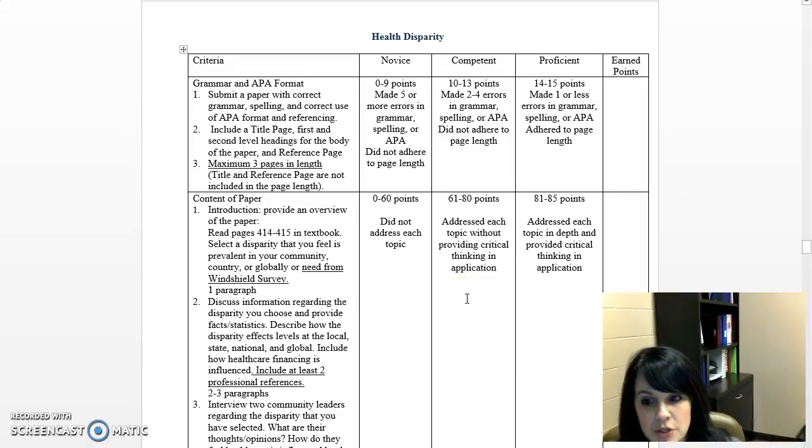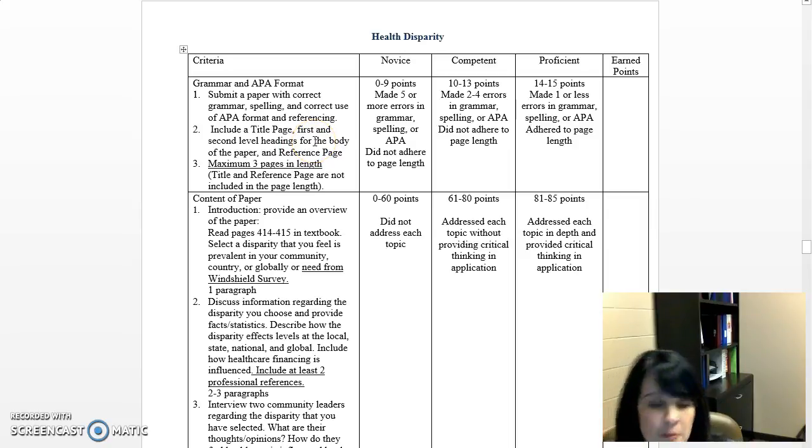Guys, I am going to give you a little more in-depth detail on the health disparity or health issues paper that you have due in week 7. This is going to build upon your windshield survey that you completed. I wanted to get a head start because I know some of you already turned in your windshield survey. So looking at the rubric for the health disparity paper,